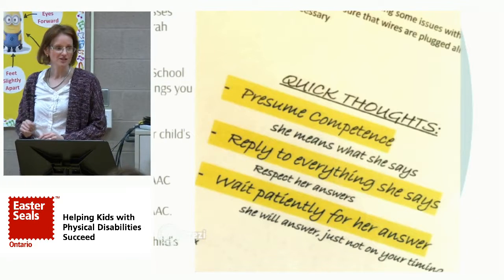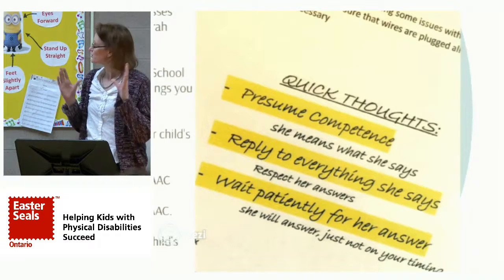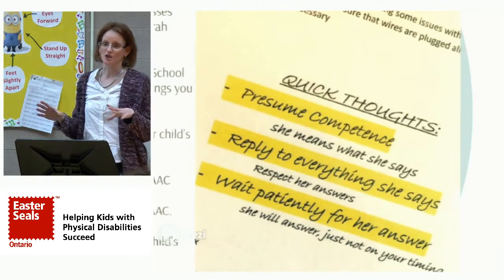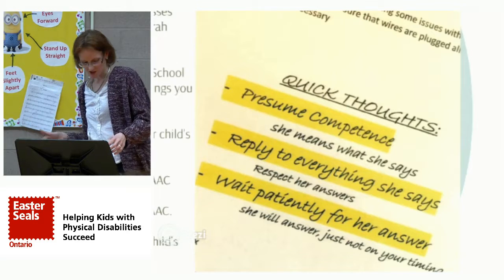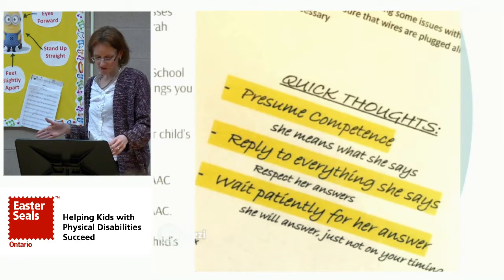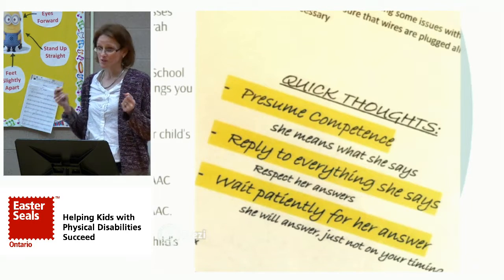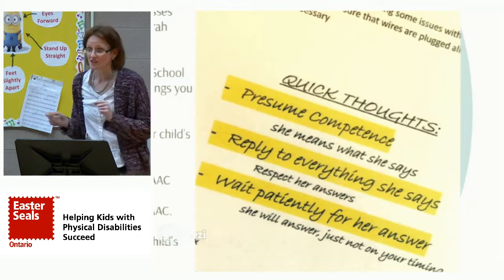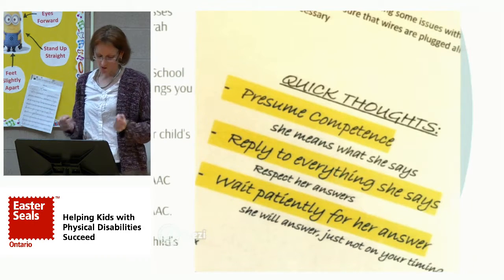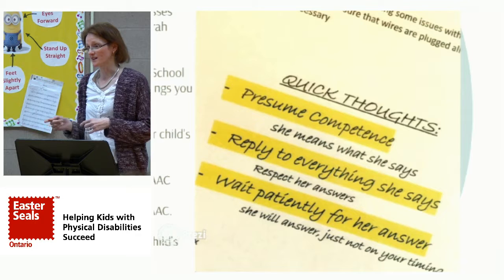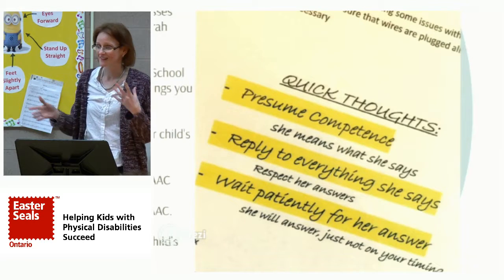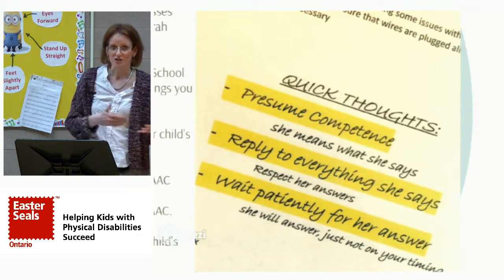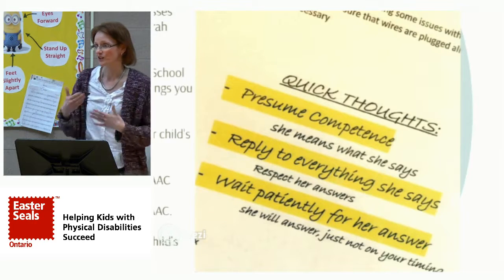And this is an image that I highly suggest you put a message like this on your child's device. So this one just reads, presume confidence. She means what she says. Reply to everything she says. Respect her answers. And I think for my daughter, this is the most important one. Wait patiently for her to answer. She will answer not on your timeline. That is hard for us fast-talking parents and teachers and EAs,